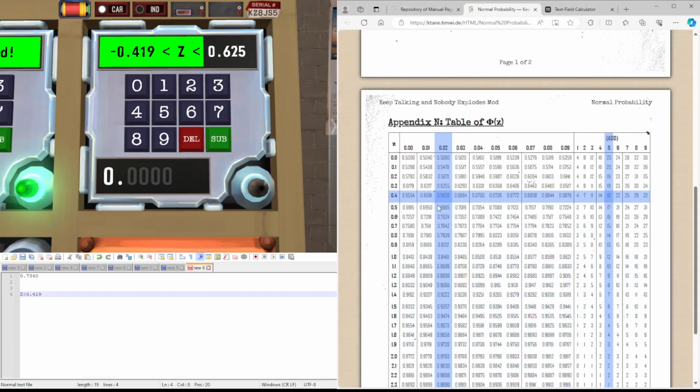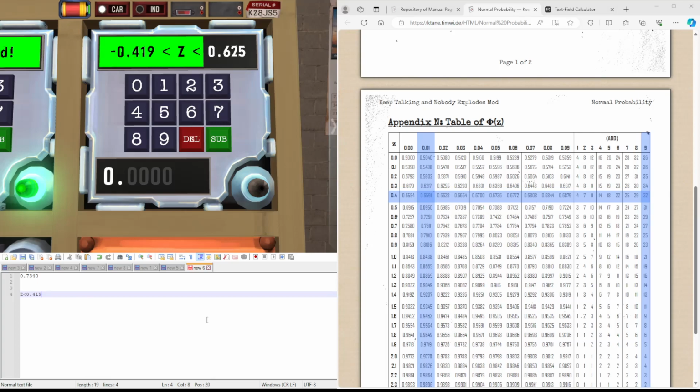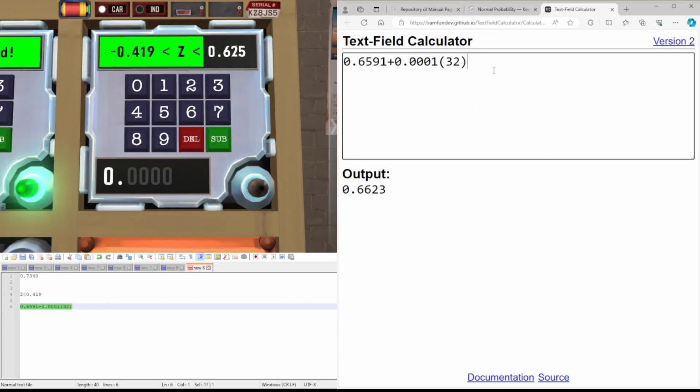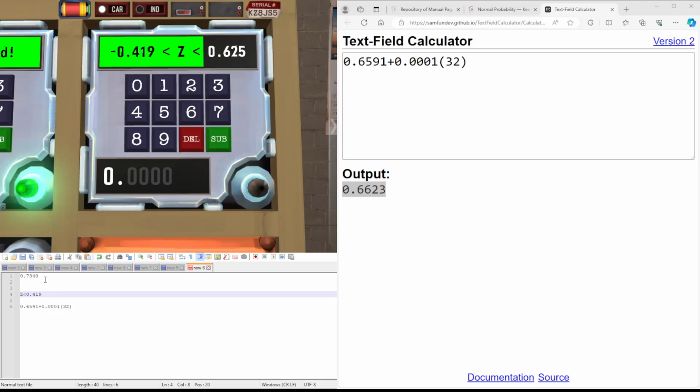So 0.419, we get 0.6591 plus 0.0001 times 32 this time. We get this value. So this is the value of it being greater than,